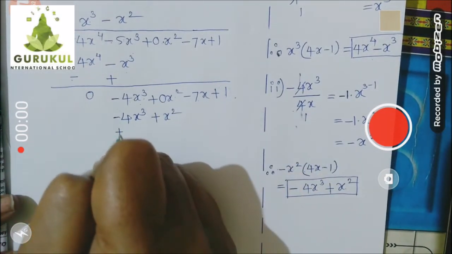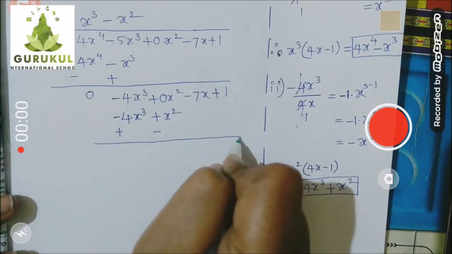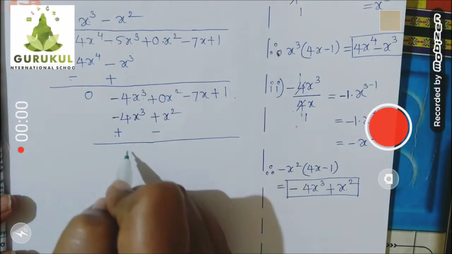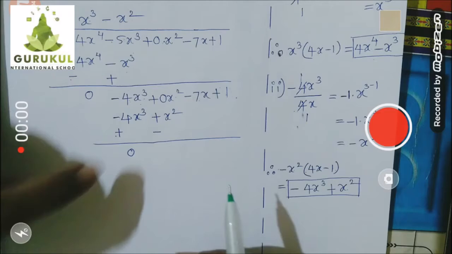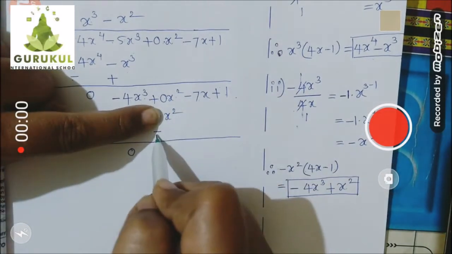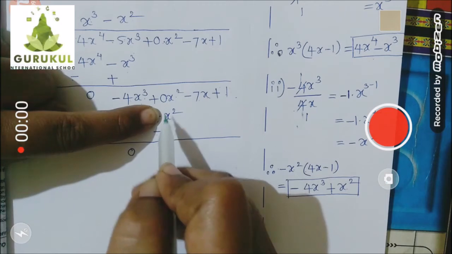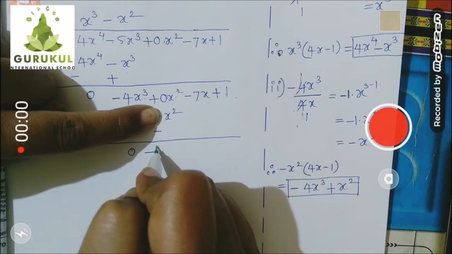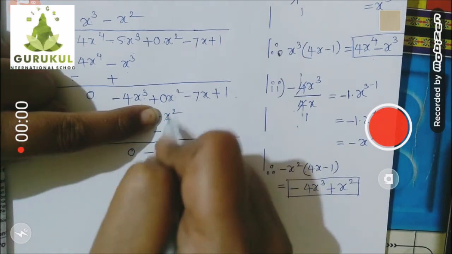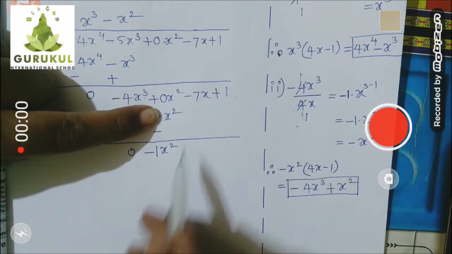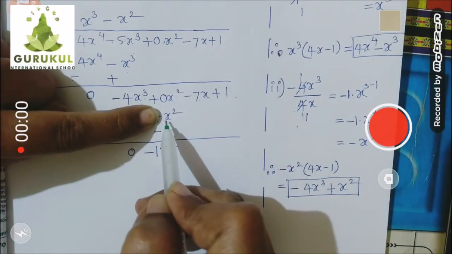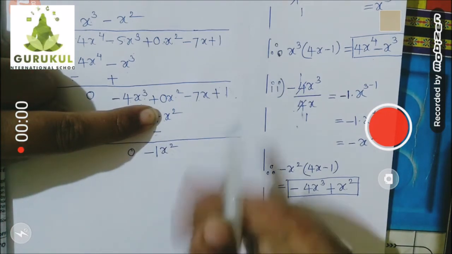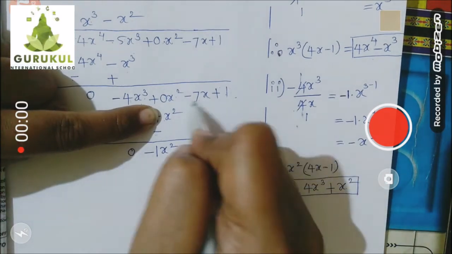Now while subtracting the sign will change, and then what will we write? Minus 4x cube plus 4x cube, answer is 0. Now here forget the original sign. So plus 0 minus 1. No number means we consider 1. So plus 0 minus 1, answer is minus 1. Okay. And this x square write down as it is. Plus 0 minus 1, opposite sign, subtract the numbers and put the greater number's sign on the answer. So minus 1 x square. Now which part is not divided yet? That I will copy down.